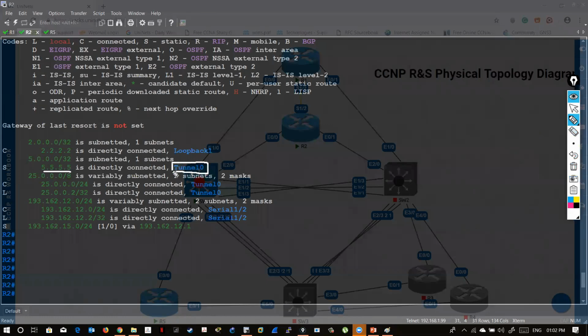Tunnel 0. If I want to get out of tunnel 0, what is my tunnel source? Right? It will be this. Sorry, 12.2. It has encapsulated that